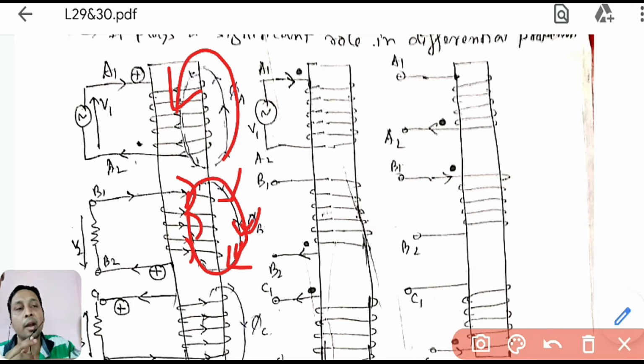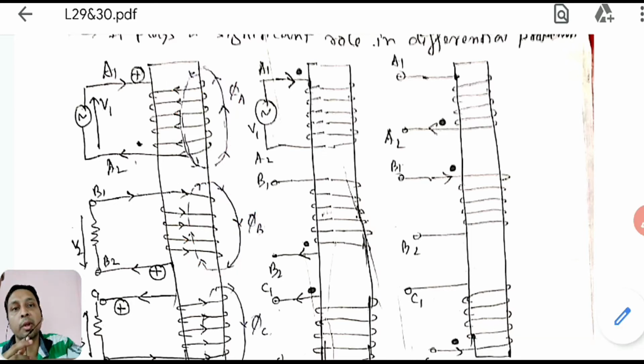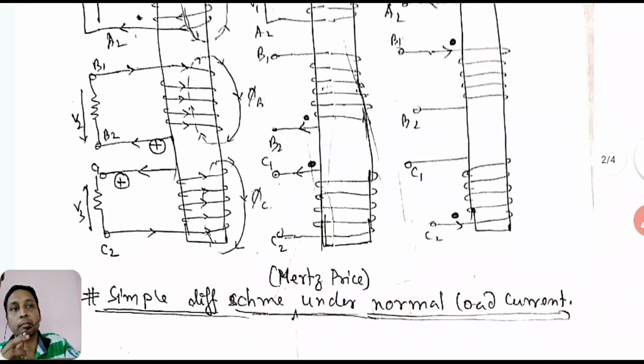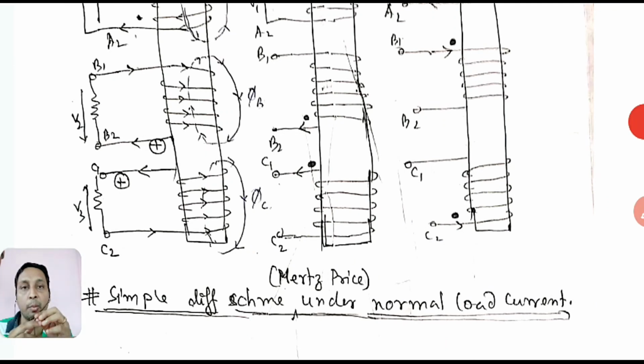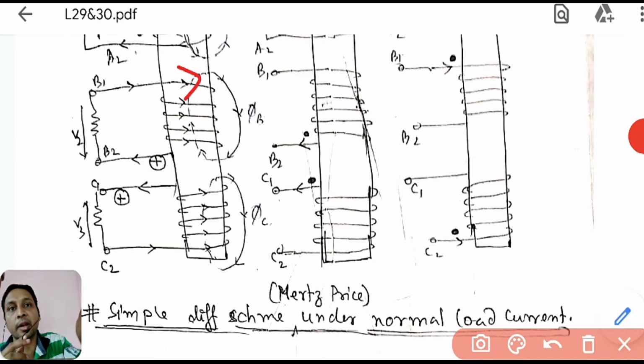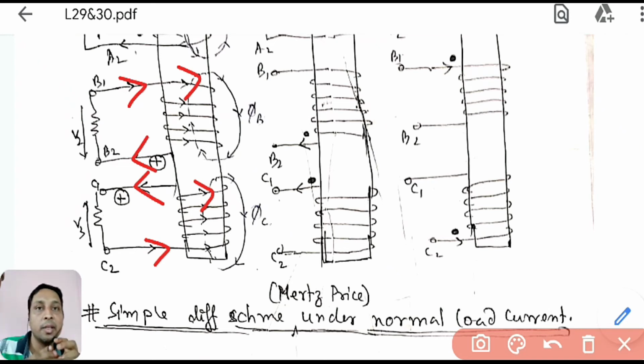Now in this third one also it is the same. In the third one also the flux is going out in this direction, so again my current will be in this direction. So you can see the currents. Once I mark this current, now you can mark through which terminal it is going in and coming out. Because the current is in this direction, it should obviously go through B1 and come out of B2. Here also, because the current is in this direction, it should come out through this and enter through this. Now you can see these directions.